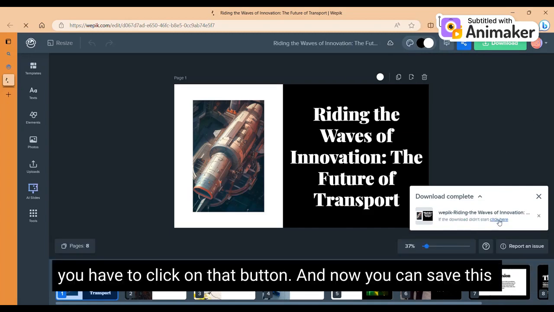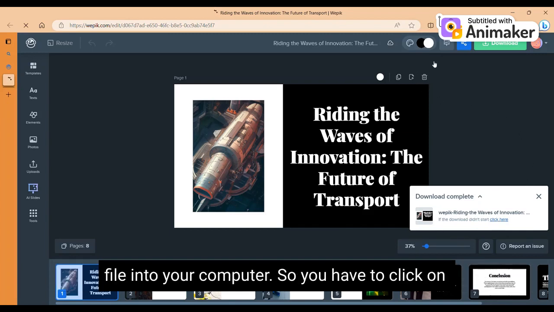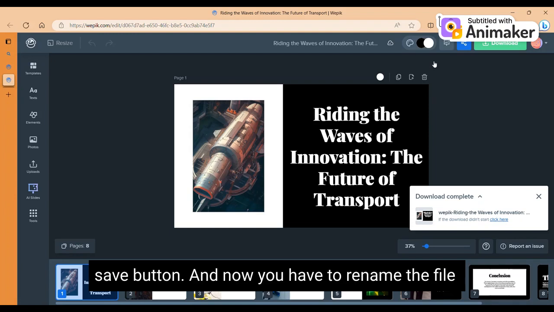You have to click on that button, and now you can save this file into your computer. So you have to click on the save as button, and now you have to rename the file and save it